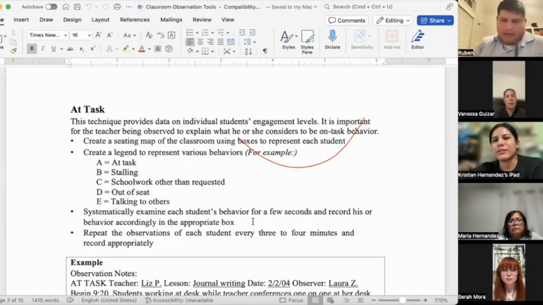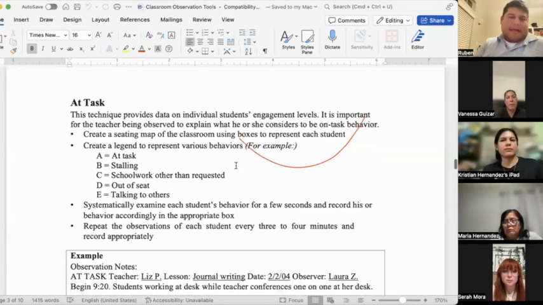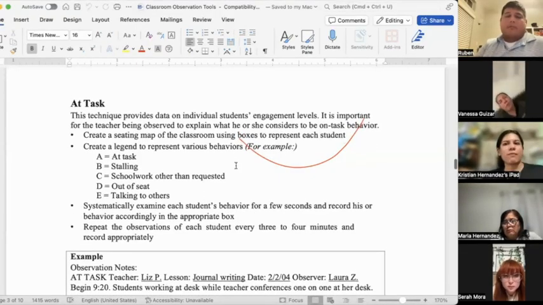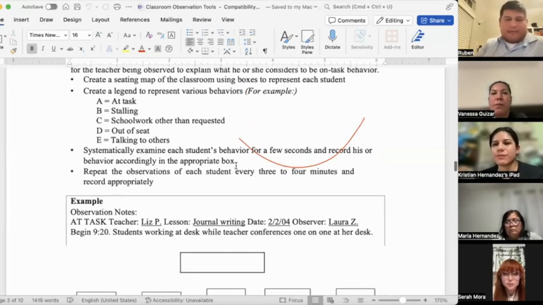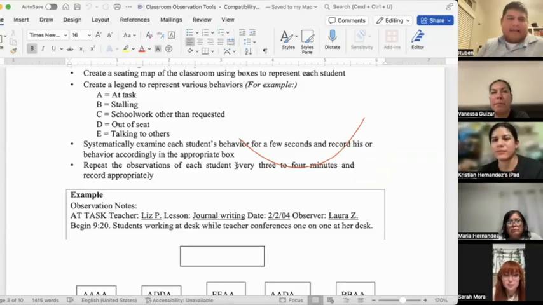Okay, which brings us to another one, which I think would be kind of beneficial to you. It's called at task, and that's where you go in with a seating chart, or at least a blank one. You don't have to necessarily identify who's who. We've all done a seating chart for testing, so just put wall there, and we know where you're at, or desk. So this is where they have a legend: A, at task; B, stalling;